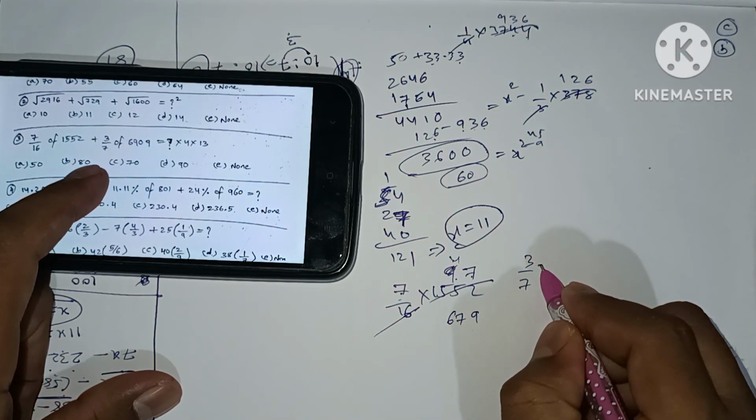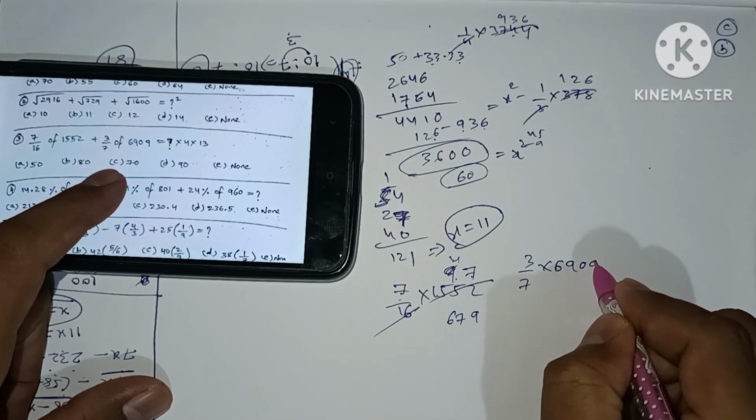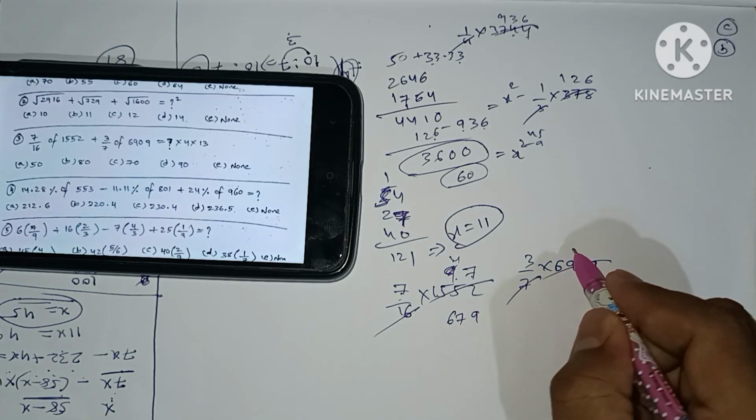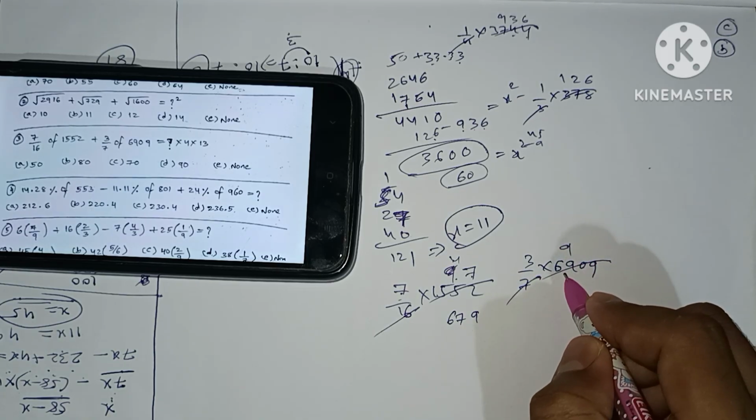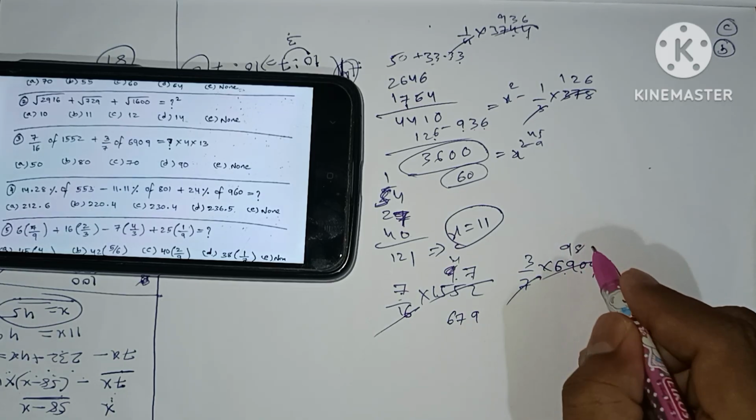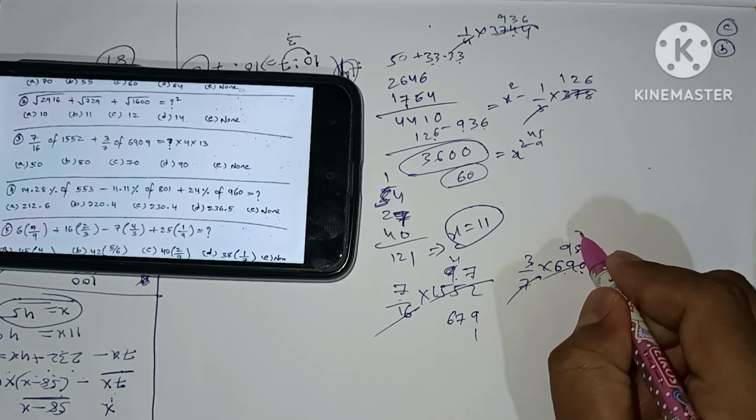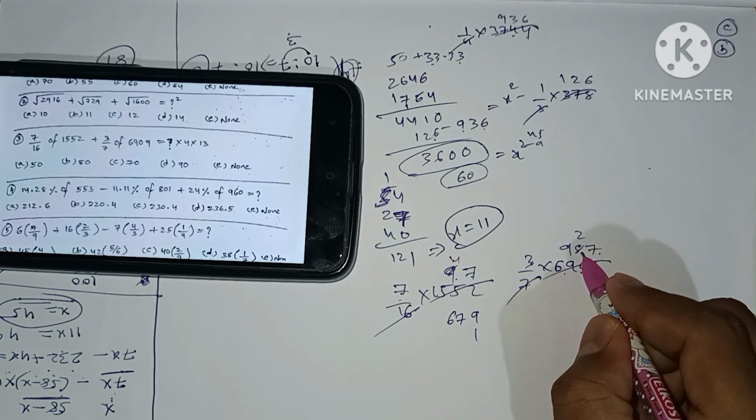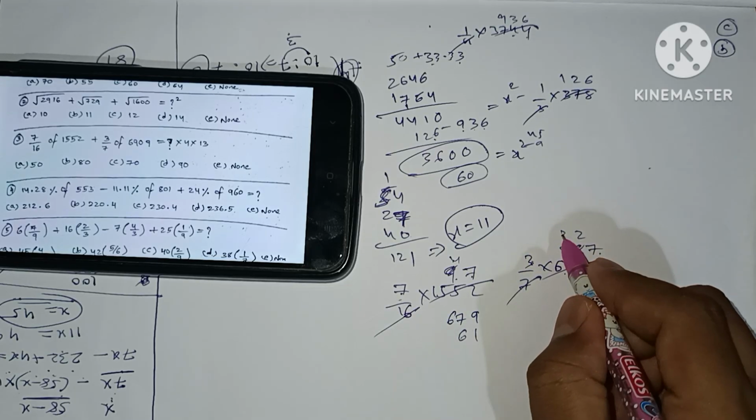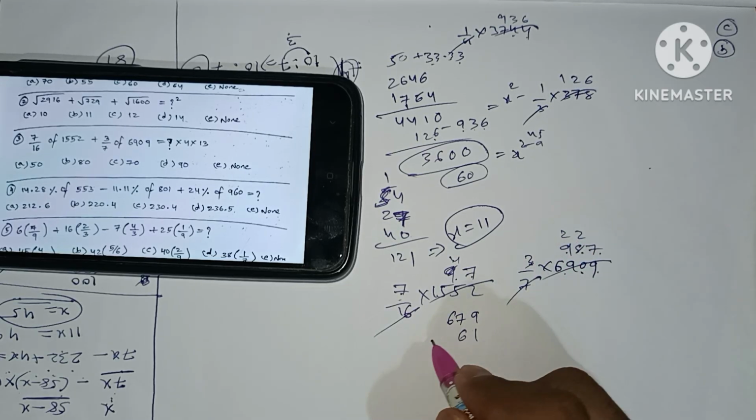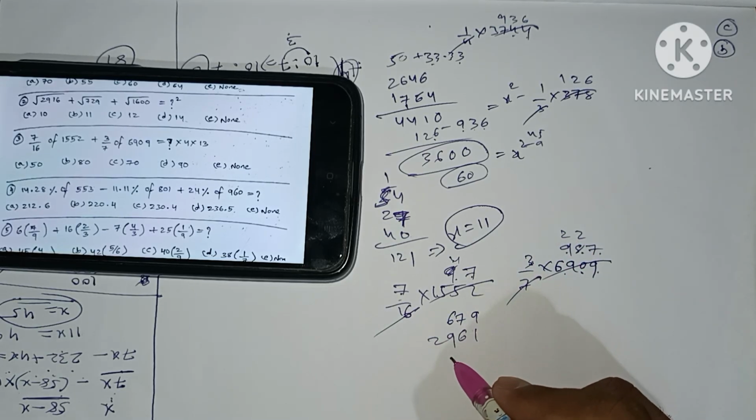3 by 7 into 69009. 7 9 times 63. 60 means 8 times 56. 49 means 7 times. 3 7 times 21. 3 8 times 24 26 27 29. So this is what we get,